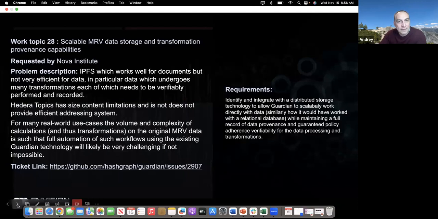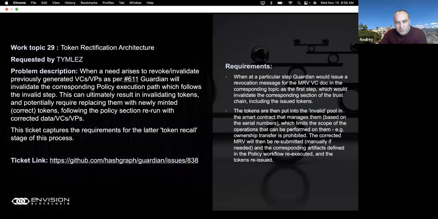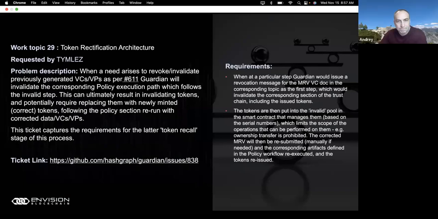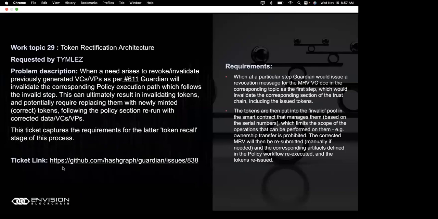Yeah. Next one, please. Token rectification. Just to interrupt, we're running out of time now. So one is, these were the 28 worker topics, the newer ones, and then the ones you see now from 29 to 41 are the older worker topics which we already discussed in our last roadmap. So we would just give you a short look at the titles, and feel free to please let us know if you have any other suggestions or comments on these priorities.